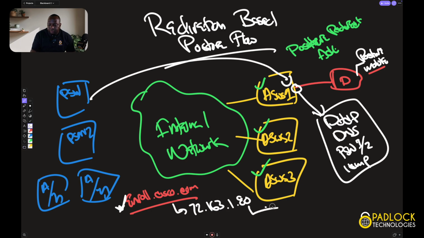So your ACL will basically say permit IP any to 72.163.1.80. So when that probe happens, and it goes to enroll.cisco.com, that gets redirected to ICE, and then the scan